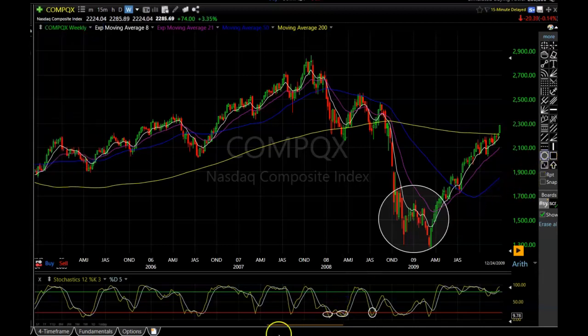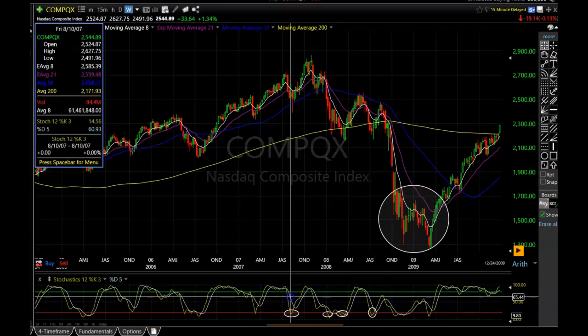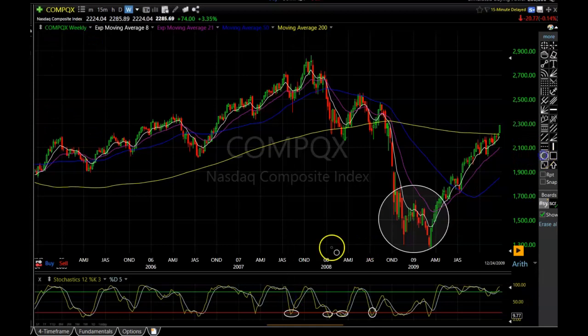But here is another dip right here that we had before the crash. And as we can see, that was a great buying opportunity. I think you guys are starting to get the theme here. Now, the only thing that I can tell you different on playing this signal,